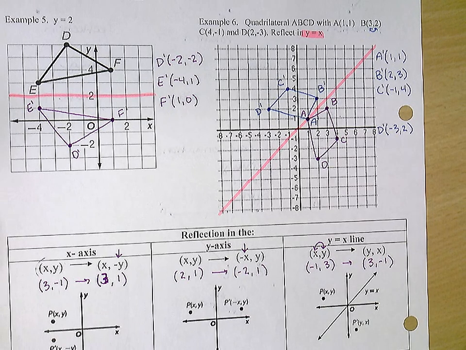Okay, questions on how I did that last example? Okay, so you do have some problems on your assignment where you have to use the y = x line. So to do that again, you just flip-flop your x and y coordinates because y is equal to x. Okay, so since y is equal to x, you can replace it. All right, then you guys